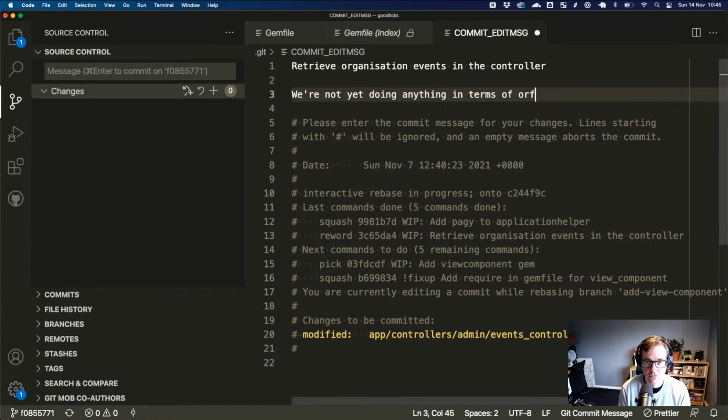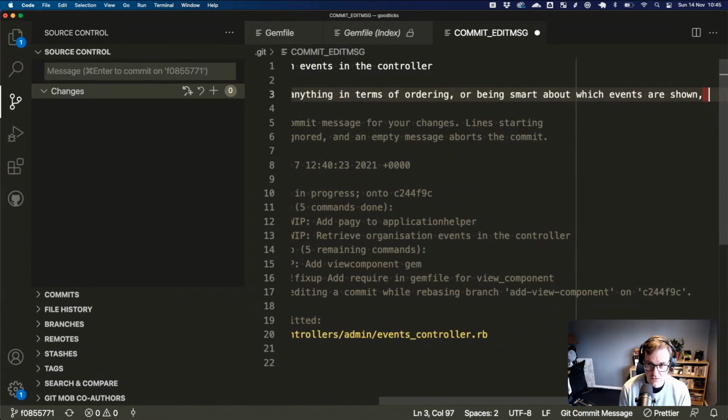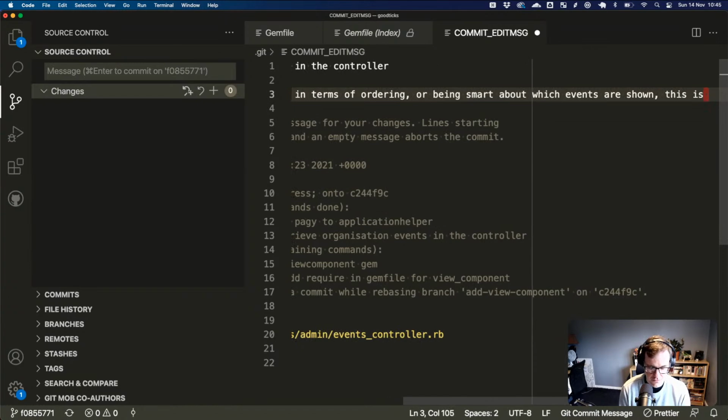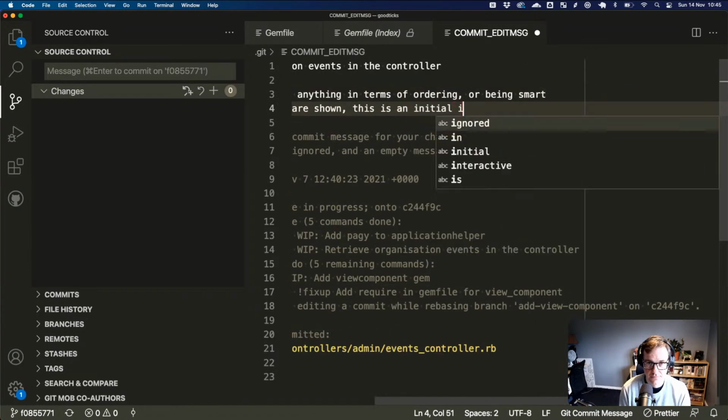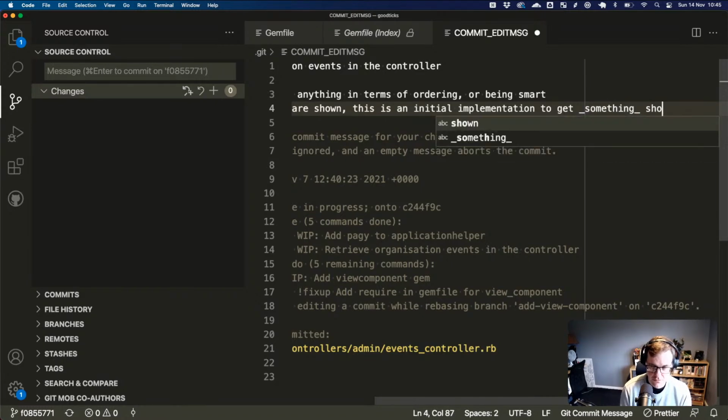In terms of ordering or about which events are shown, this is initial implementation. Get something showing.